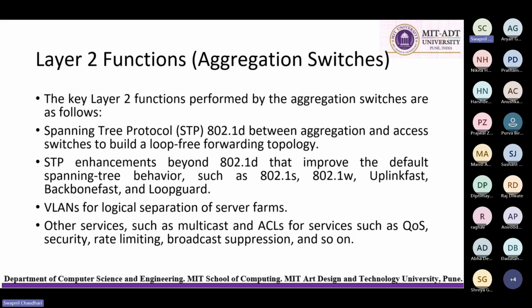Additionally, layer 2 has different services, like the aggregation switches, that also support multicasting and ACL, access control list, which controls whether traffic is allowed or blocked. QoS, that is quality of service, generally prioritizes important traffic, for example video and voice. The third one is rate limiting, which controls the traffic flow, and broadcast separation, so it prevents